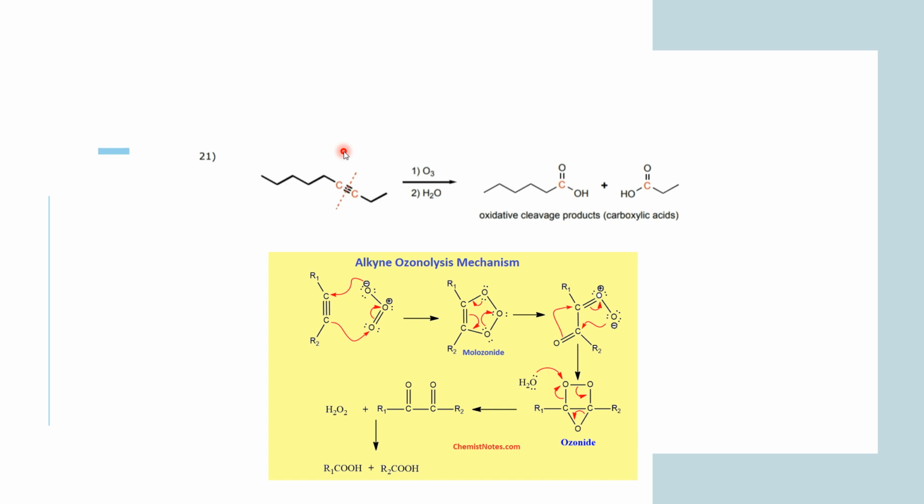In the last tutorial we saw how ozonolysis of alkenes went ahead, and in that case we first observed a molozonide, which rearranged to a more stable ozonide, because due to presence of three oxygen atoms simultaneously, the molozonide species formed in case of alkenes was highly unstable, so it rearranged to form a more stable ozonide, and then we reacted with dimethyl sulfide in last week's example,